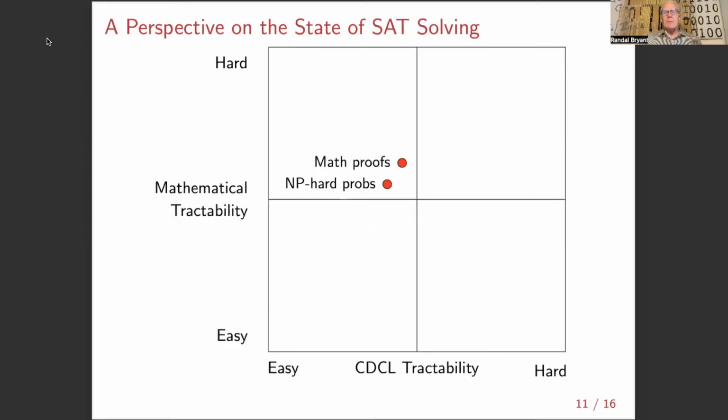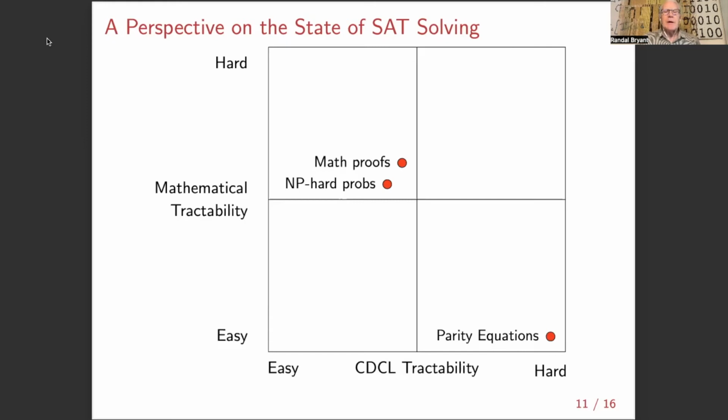So this diagram illustrates one way of thinking about what we've accomplished. On the y-axis, we show how tractable problems are, meaning how difficult they are from a mathematical perspective or from a practical verification perspective. And the x-axis shows how well CDCL solvers do. If we look at the outer limit of what CDCL solvers can do, and the lower limit of what's considered interesting from a mathematical perspective, then we see that modern SAT solvers have started to crack open those problems and produce results that no other solution method has been able to solve. And those are really very powerful results.